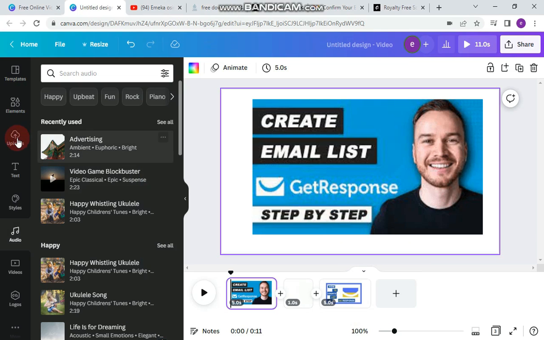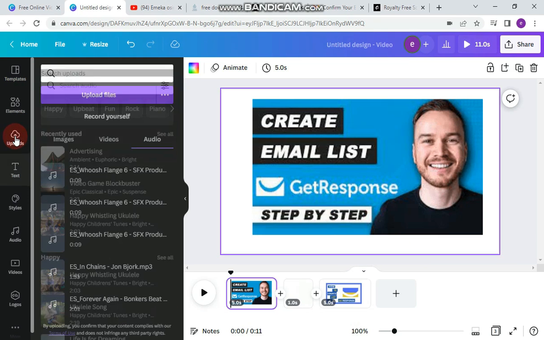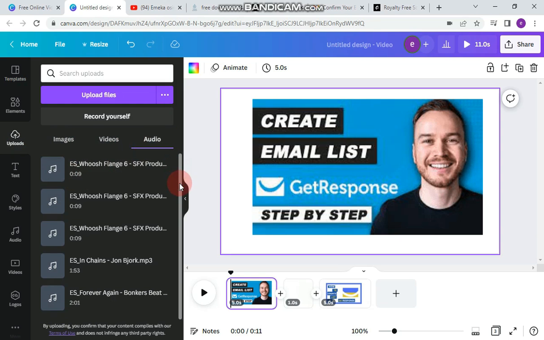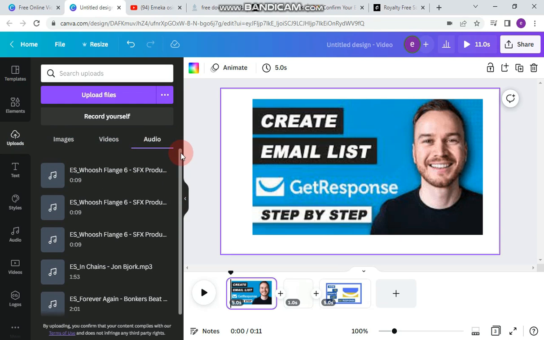Alright, guys, to add an audio file to your video file in Canva, there are two ways you can do it. First, you can go to Uploads, and you see images, videos, and the last, audio. So you click on audio, and you will see your audio files if you have uploaded any. And if you don't want to use the ones you have uploaded, or you have not uploaded any, you can click on upload files like this,